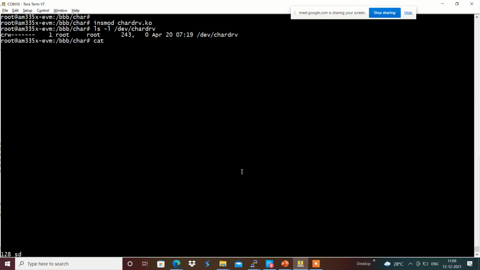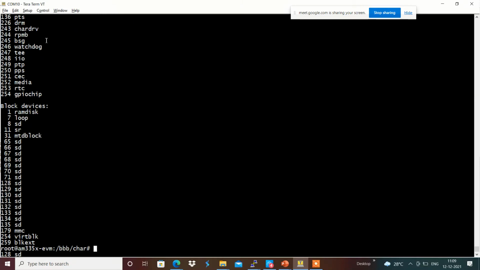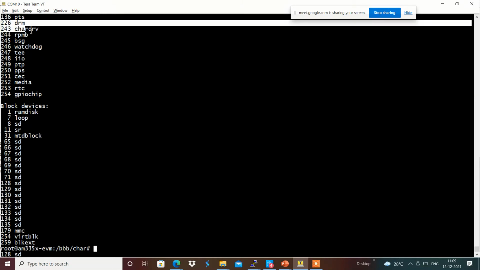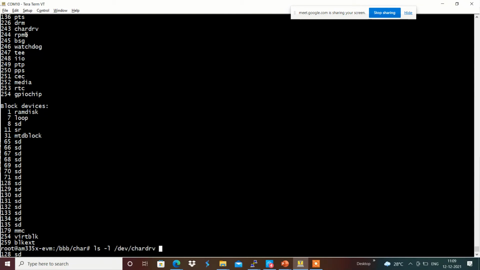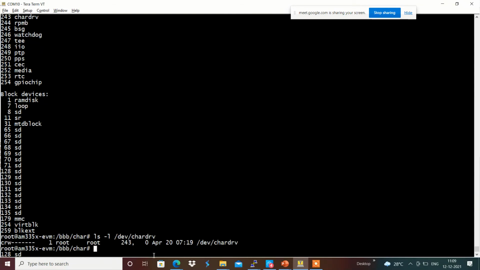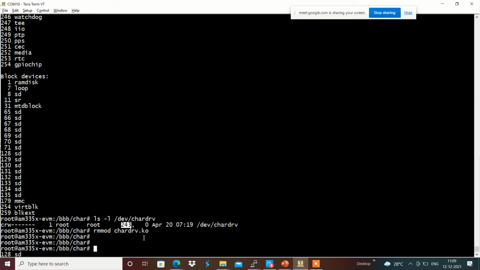For example, cat /proc/devices: it has been registered with 243 in a dynamic way, and with 243 the device files got created accordingly. Whenever we are doing rmmod character drive.ko, it gets cleaned up.